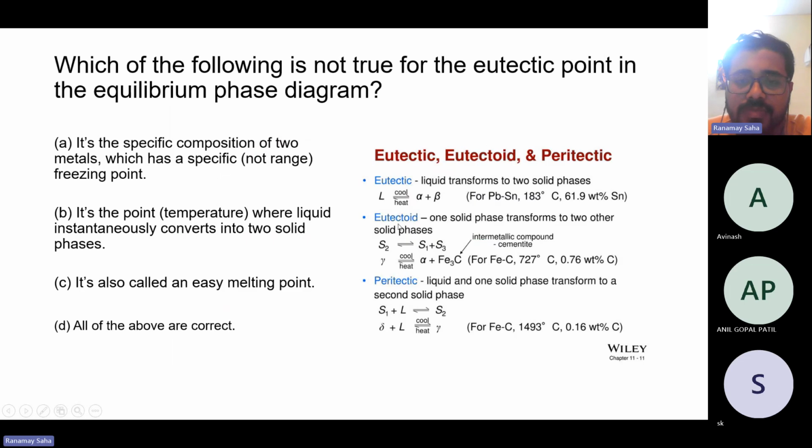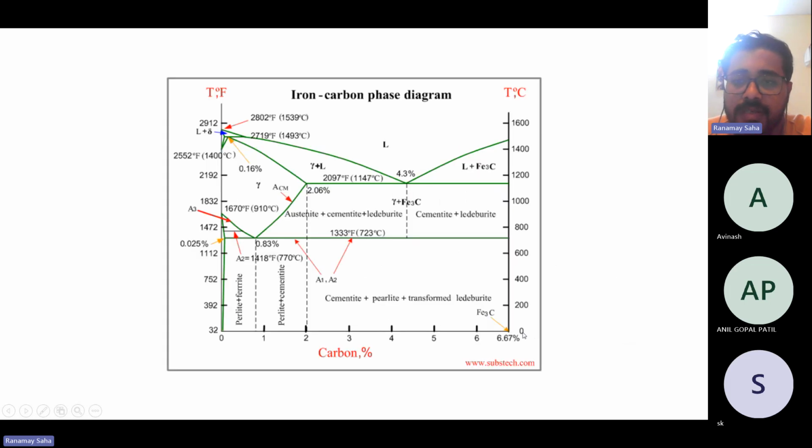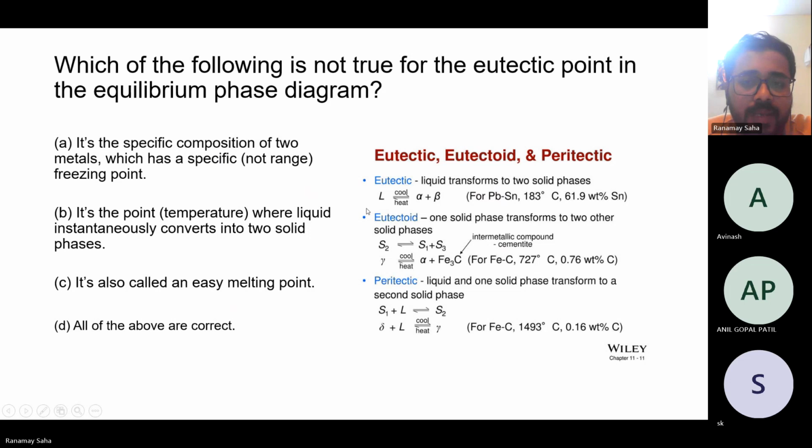So these are called eutectoid points, and then you have this peritectic point where one liquid and one solid phase actually transform into another solid phase. The same thing you can see in the iron carbon diagram at 1493 degrees centigrade. So here this thing happens. Then, just having exposed you to these phases called eutectic, eutectoid, and peritectic points and the different corresponding phases,